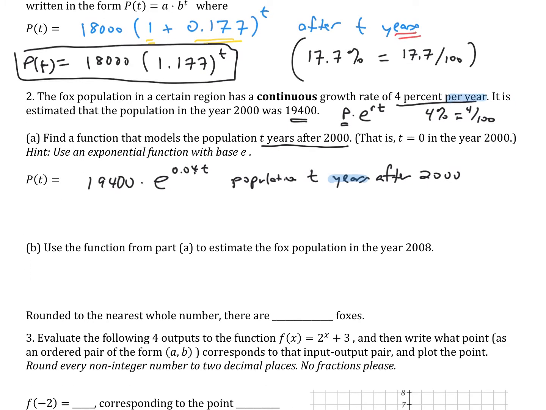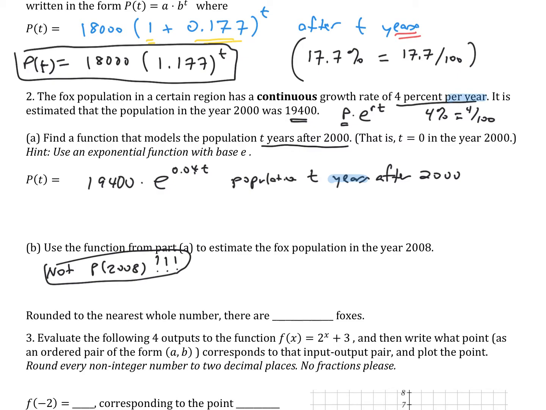And then part B says use that formula to find the population in 2008. Notice, I'll write here, notice this is not asking for P of 2008, and I'll put a bunch of exclamation points after it. The reason is that